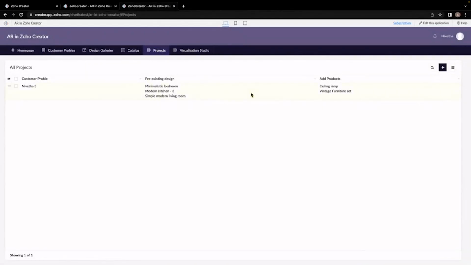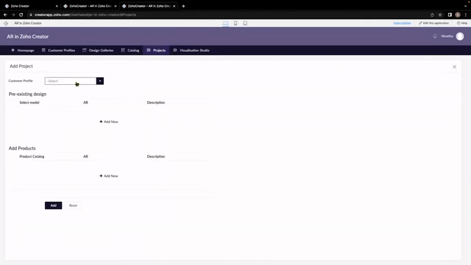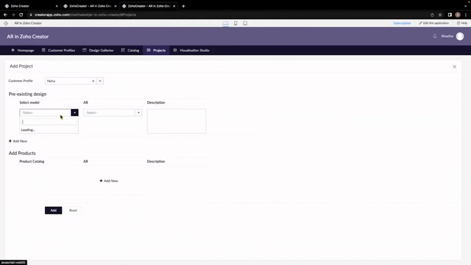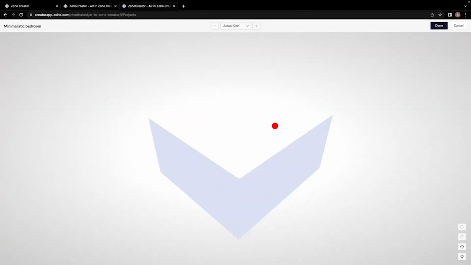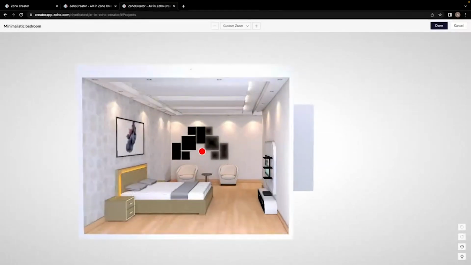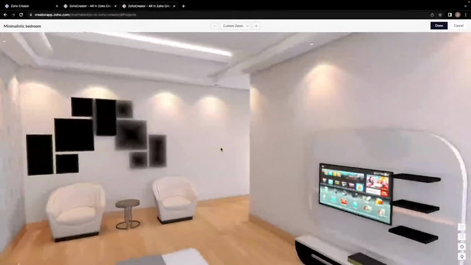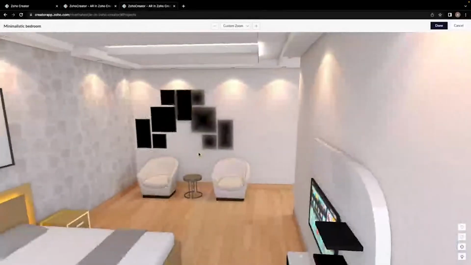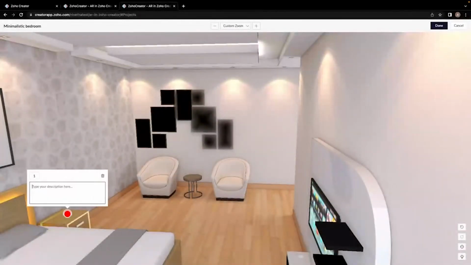And then we have the projects module where a customer can be selected. So Neha wants to select some of the pre-existing designs for her house. She will be selecting a minimalistic bedroom. She will be accessing the model, and she will specify the modifications that have to be done in the model. Like she wants a different colored side table, which can be dark brown,